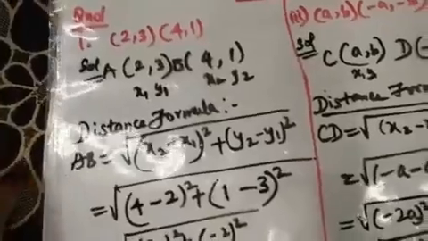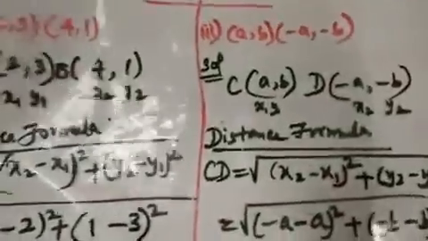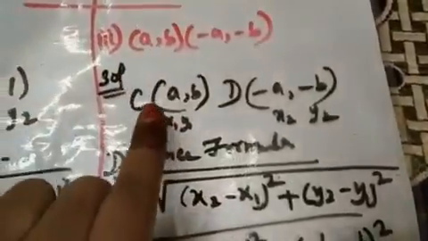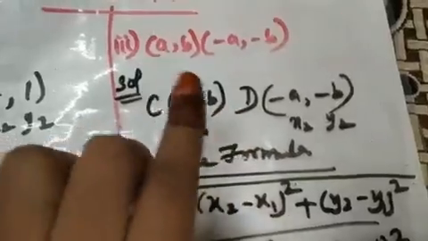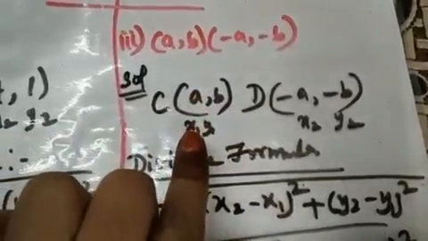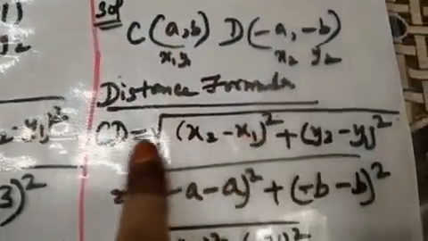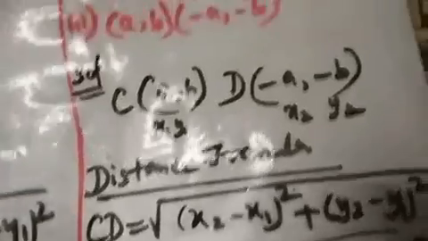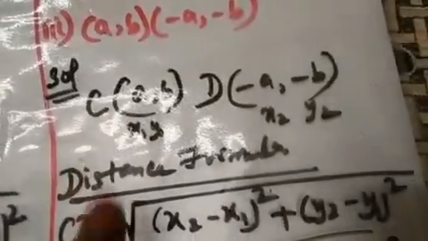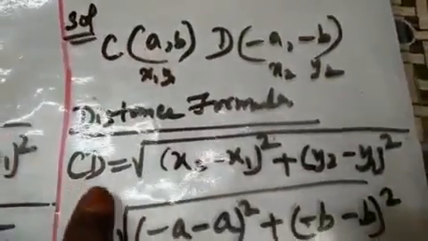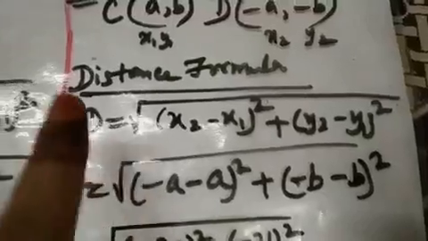Now I will be explaining the third bit; the second bit you will do as homework. The first step is to name your points C, D, any letter, but do give capital letters only. The second step is x1, y1, x2, y2, and write the distance formula and use these letters which you have used for naming the points. Okay, I have used here C and D, so you have to use C and D. You can write whatever letter, you have to use the same here. It saves your time. Okay.